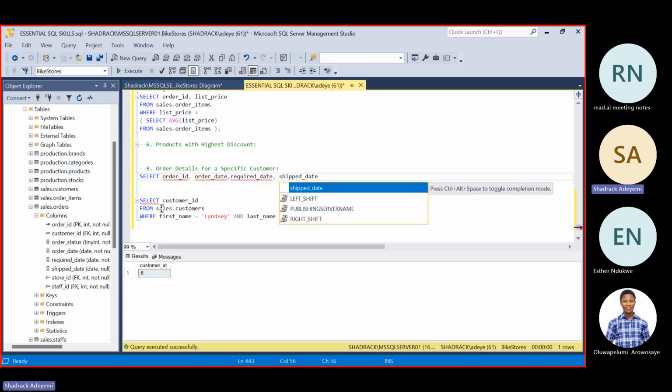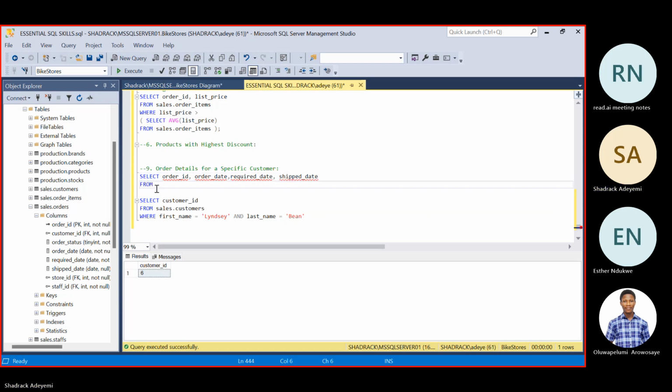All of these we are going to be selecting from the sales.orders table. Now this is where we get to use the where statement, nesting a query inside a query, which is a subquery.